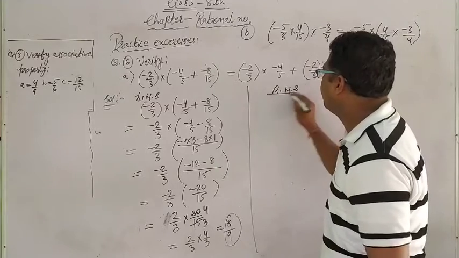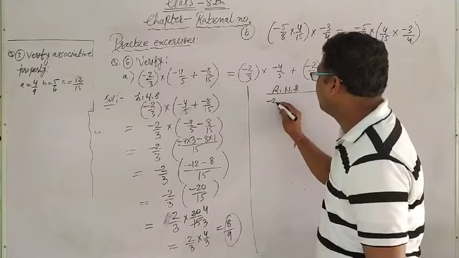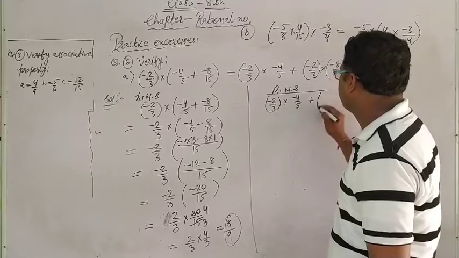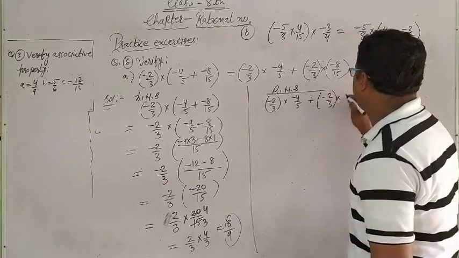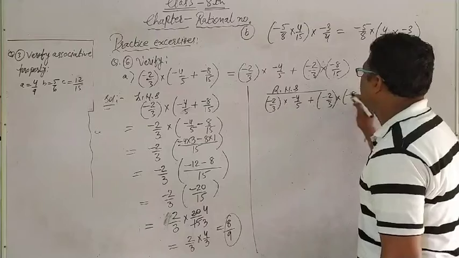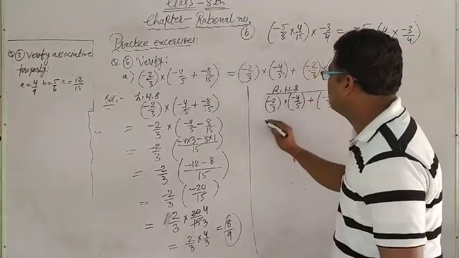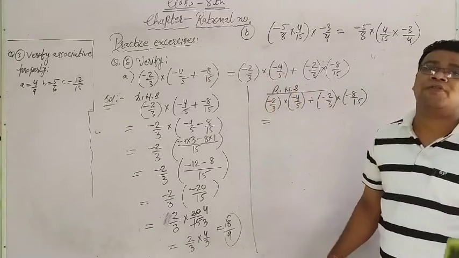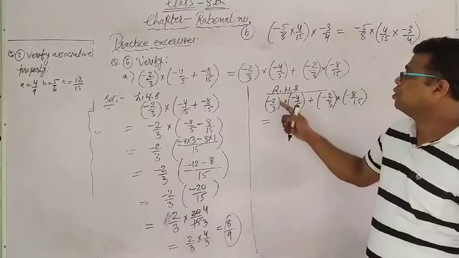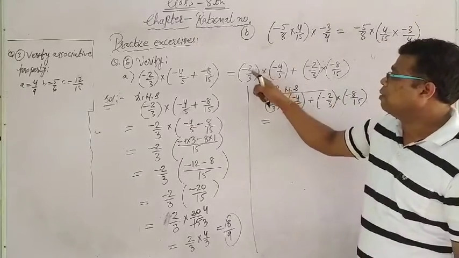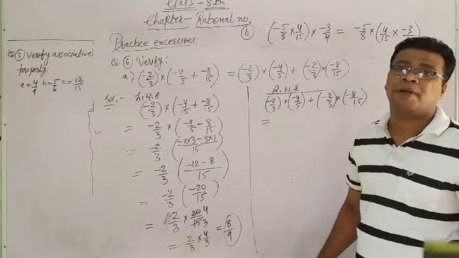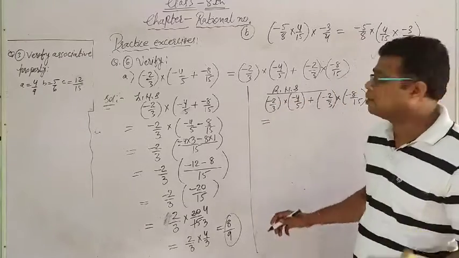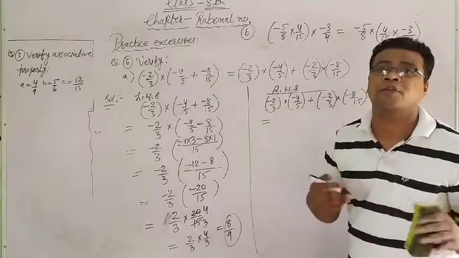Right hand side. Okay. Again I have to write down the things. Minus 2 upon 3 into minus 4 upon 5 plus minus 2 upon 3 into minus 8 upon 15. Here also you can put bracket, no problem. Solution very easy. First we will solve the multiply. Okay. So see here. Directly we can solve minus and minus. If we multiply two negative integers, it converts into the form of a positive integer. Minus minus plus. So directly I can consider that it is going to be plus.